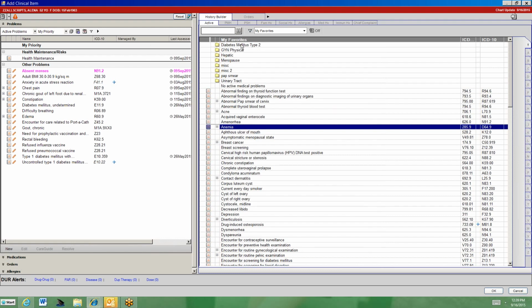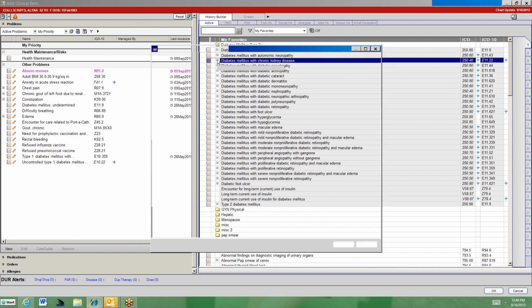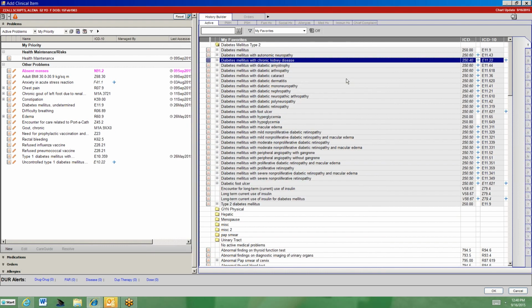Building a folder, we're actually playing with some pre-created folders. We took some information that was given to us, diabetes mellitus type 2, and Jeremy's created a folder with some of these diagnoses in it already. And again, you can narrow those down even more by choosing the plus sign. So we're going to circulate this beginning with our primary care providers to see how this might work. This is something that's individual. You can have them, you can remove them, you can add to them, and it won't affect the whole. But we're going to preload some of these as we look through them to see if this might be beneficial. So that's something that can be individually